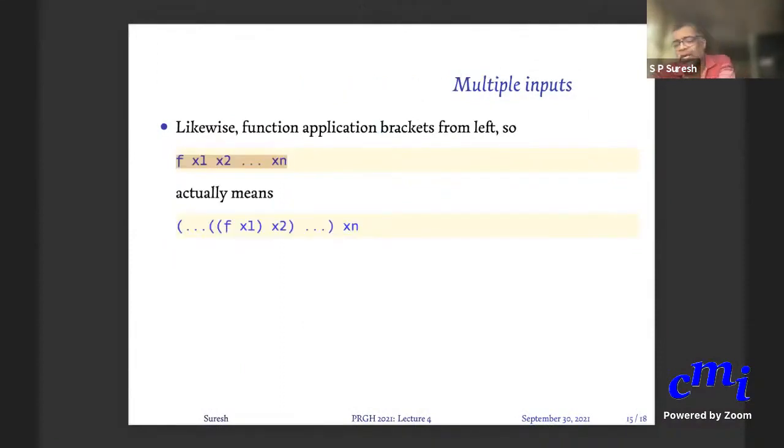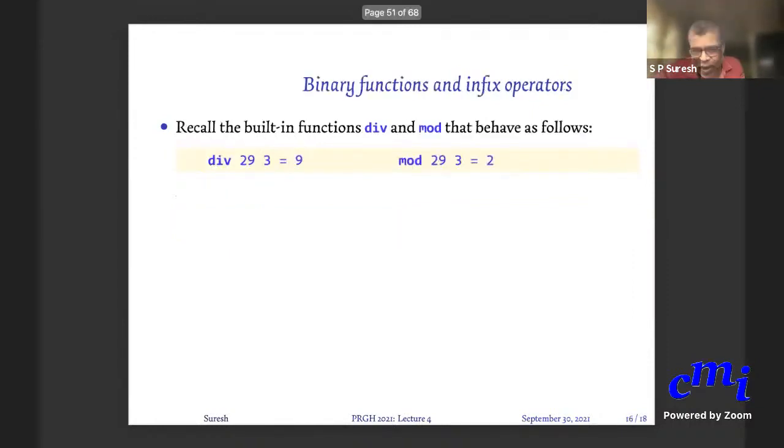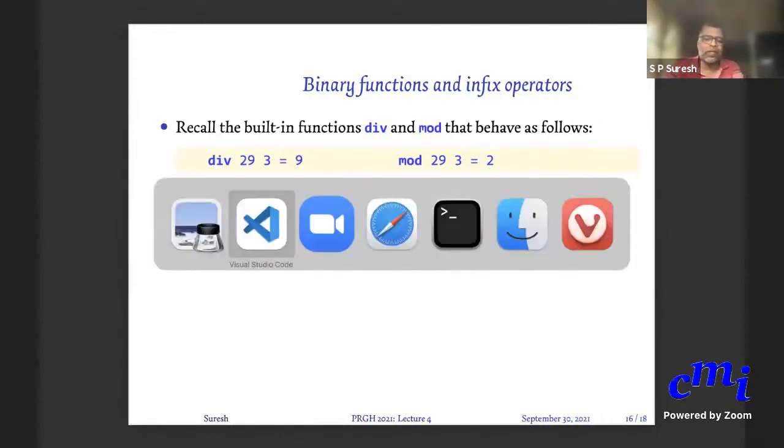Now somebody asked about whether I can do plus 5 alone, and what will happen. You can do that, and these are called sections. But before that, let me recall that you have binary functions and infix operators. For instance, recall that you have div and mod, which are built-in functions. Div of 29 and 3 is 9, mod of 29 and 3 is 2.